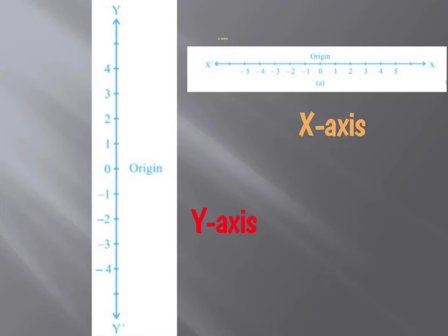Now here you can see another number line, which is horizontal, represented by X dash with origin O, in which positive numbers are represented towards the right hand direction and negative numbers are represented towards the left hand direction of the origin. Or you can say OX is the part of the number line where positive numbers are represented, and OX dash is the part where negative numbers are represented. Such a horizontal number line represented by X dash, in which positive numbers are on the right hand direction and negative numbers are on the left hand direction of origin O, is called the x-axis.